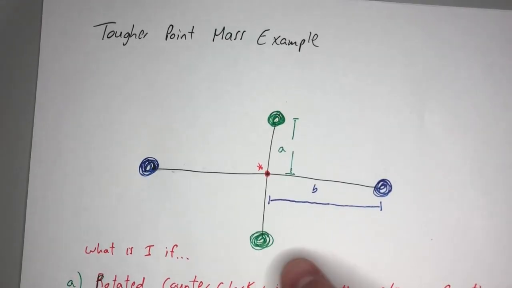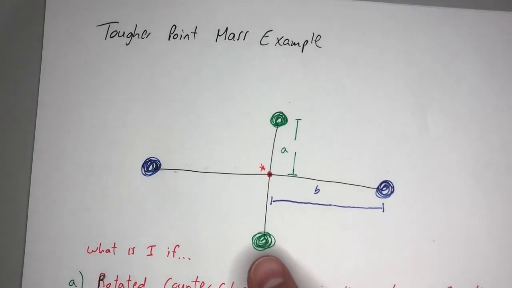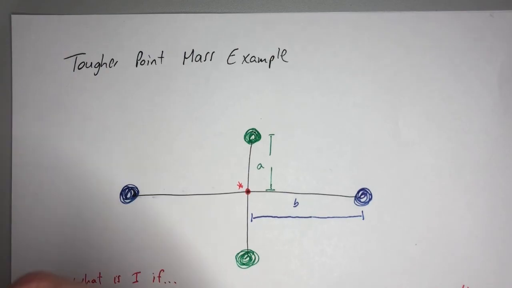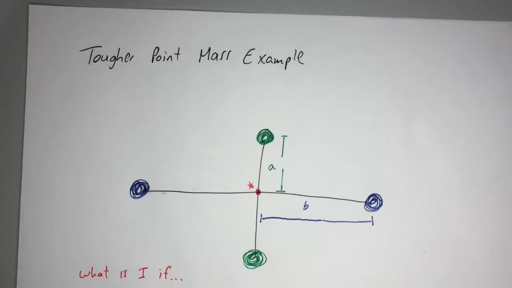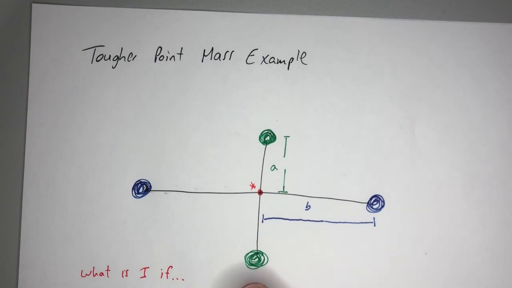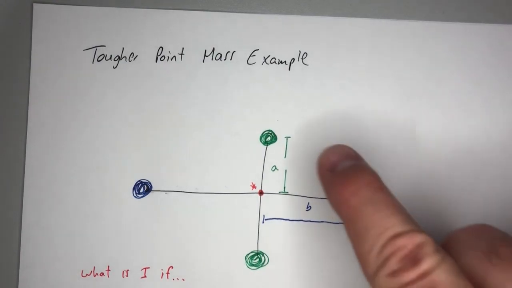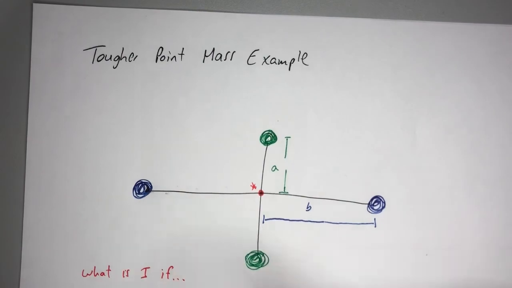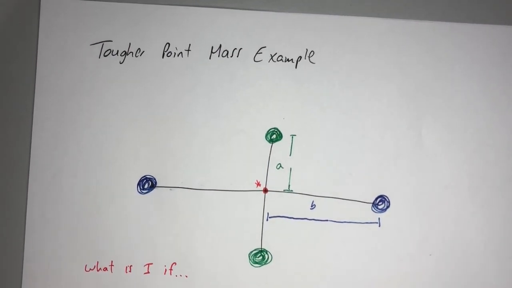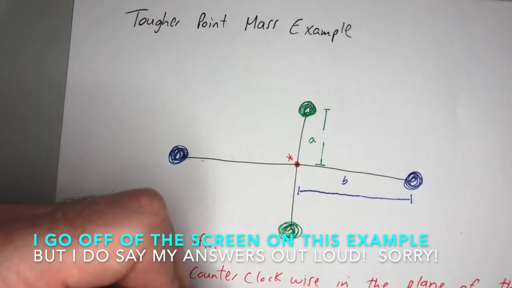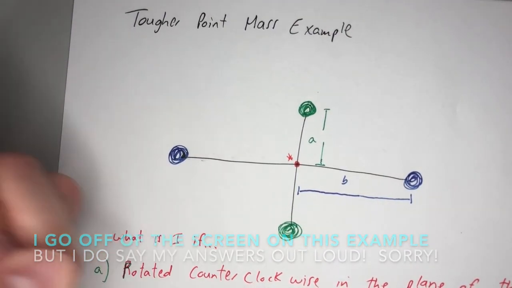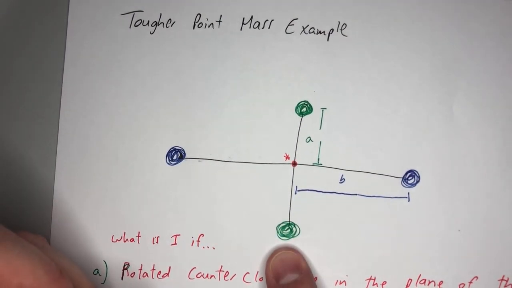So picture this 4-mass system. We're going to rotate it. We put a force at a radius, which is a torque, and we're going to try to rotate it counterclockwise. So the moment of inertia that we have to calculate is the contribution of this green mass plus the blue one plus the green one plus the blue one. So if you want to find that I, it's the mass of the green one, M, and that green one is A away. So MA squared, we treat it as a point mass. That's the contribution of that one.